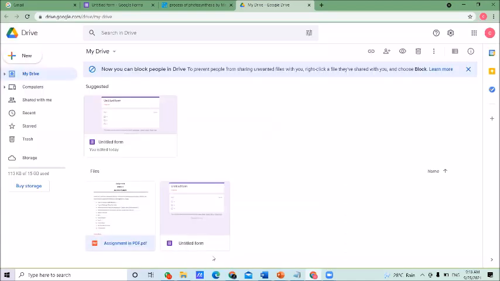Now I am going to share this document through the chat box. Please go to the chat box and click on the document here. Okay. Is it clear up to now?